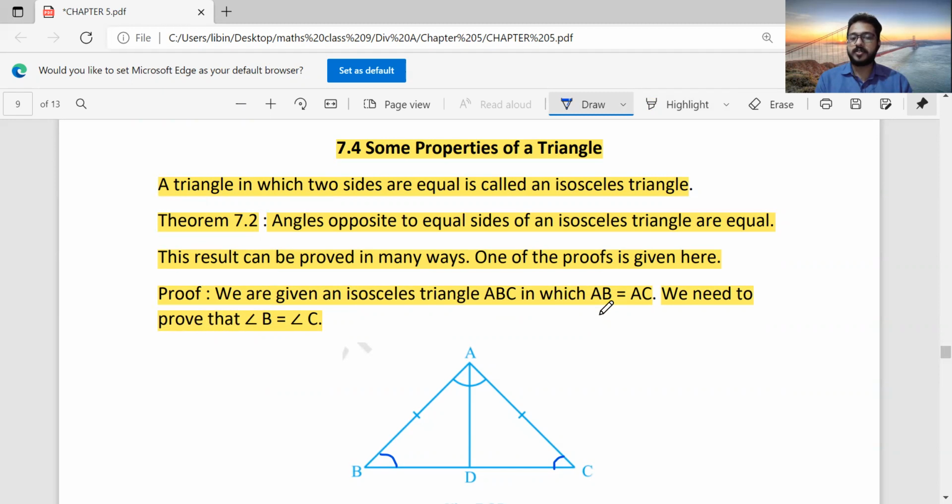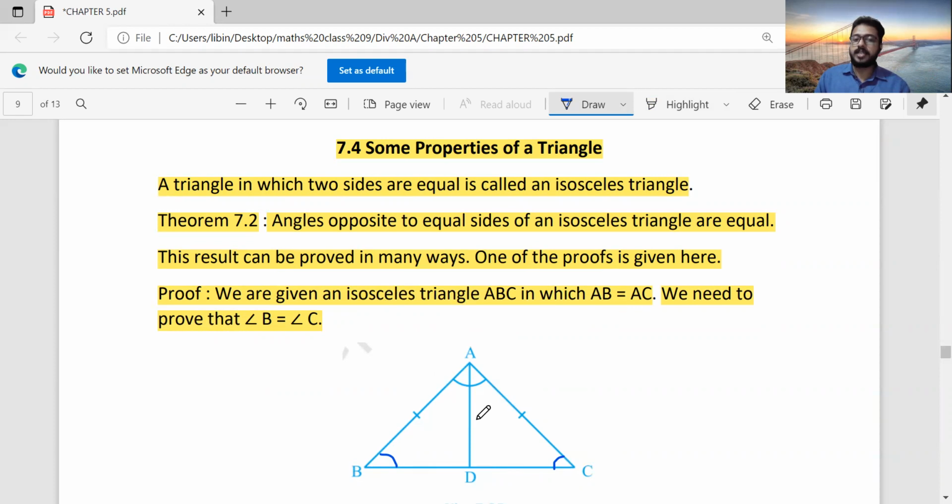So our aim should be considering two triangles and proving that those two triangles are congruent to each other. Here we have a total of three triangles. One triangle is triangle ABC, the bigger triangle. We are going to form two triangles from this triangle ABC, but here you can see there is an AD. So our aim is to form two triangles.